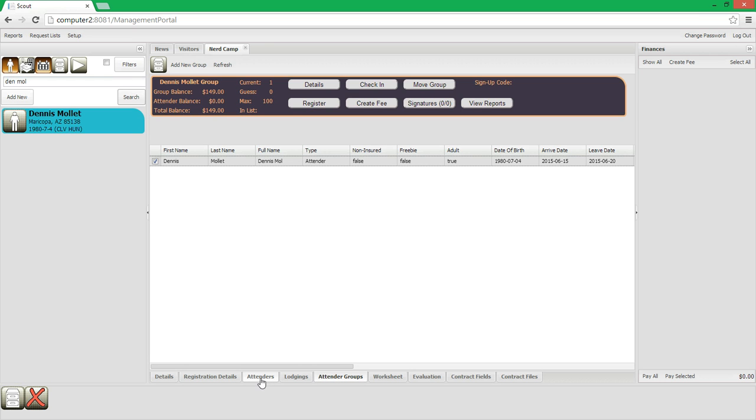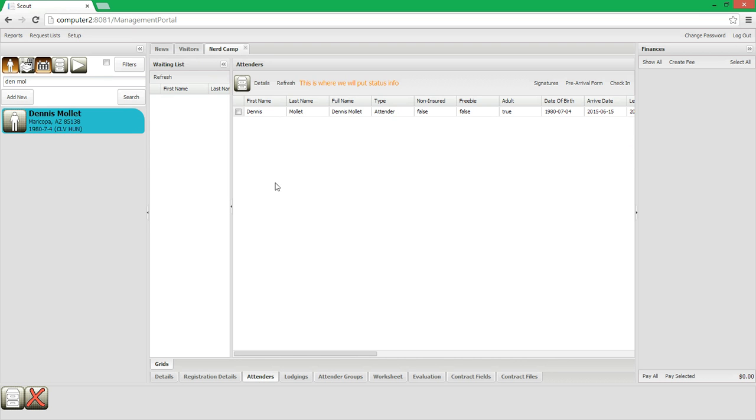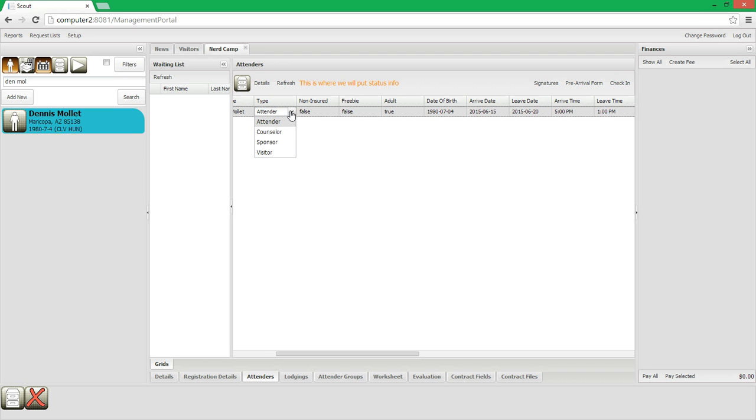So what I'm going to do is I'm going to go back to the Attenders tab, and here on this tab I have a waiting list and I have the actual attenders. We'll talk about waiting list in another video, but here on attenders I can see in here lots of stuff about the attender in this grid. Name, some of the information about them as a person, whether they're an adult, whether they're here as an attender, a counselor, a sponsor, or a visitor, arrive date and leave date, which by default was set to the start and end date of the camp, what age they are, what grade they're in,